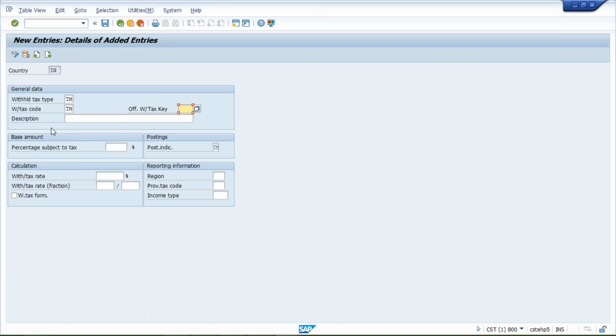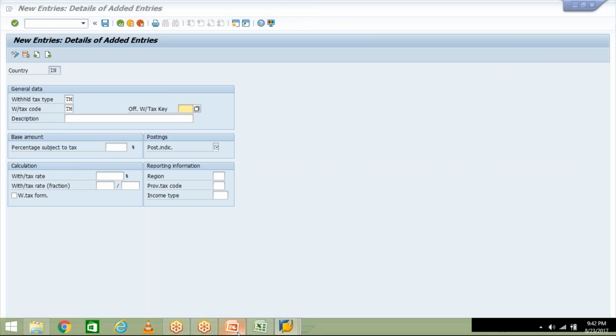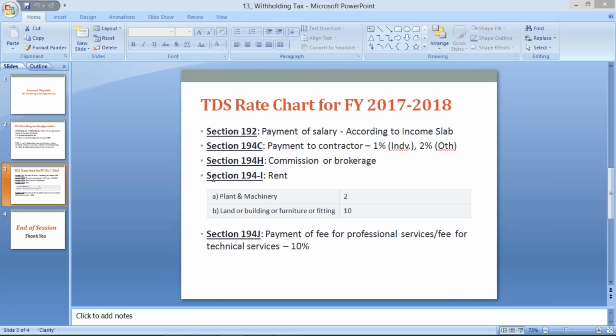Now whatever this tax code, in the sense that 10%, 5%, 2%, whatever this tax code we are going to specify, one tax code represents a tax percentage, 10%. Now let's suppose 10% or 5% or 20%, whatever this tax code is, whether this comes under 194I or 194J or whatever.